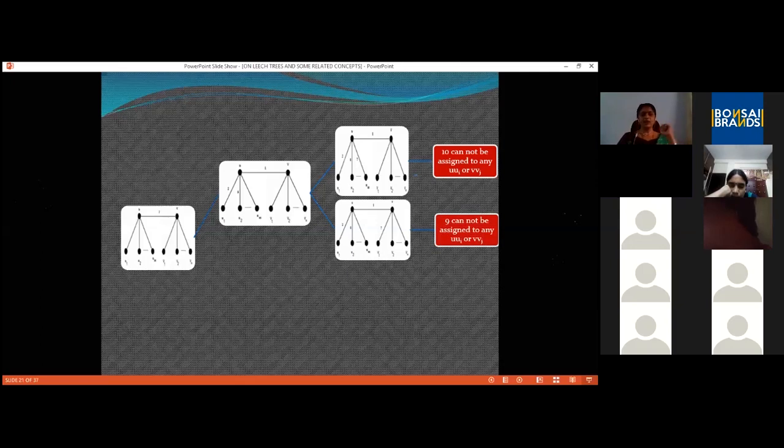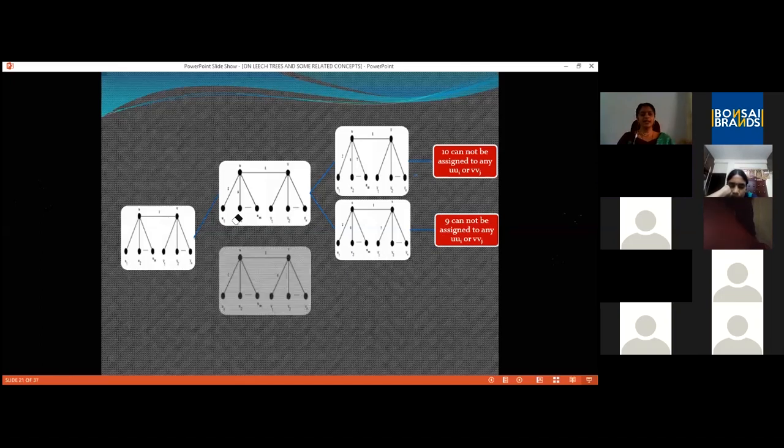From this point, we have one more case. We have assigned 4 towards the side of U. What about assigning 4 towards the side of V? That is also a possibility. So let us do that. So I am assigning UV with 1, UU1 with 2, and VV1 with weight 4.